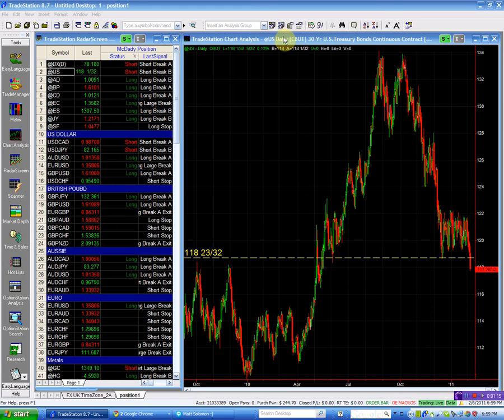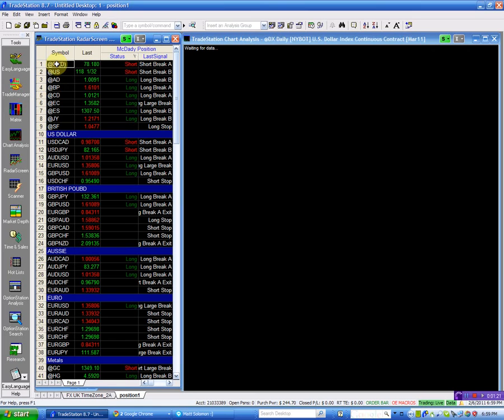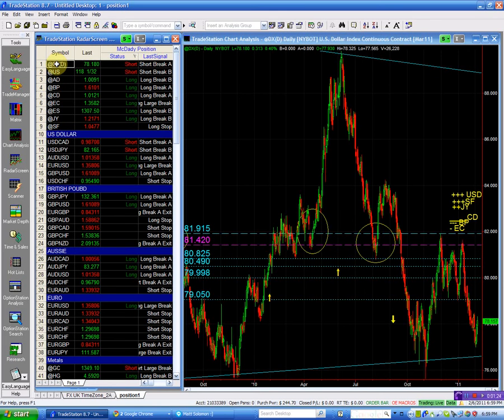And we start doing that by looking at the currency indices themselves, which is a basket of each currency versus all the other currencies. It gives us a clearer picture. It puts us on the right side of the market, and it allows us not to get distracted by the small moves, because a dollar index is the dollar versus all the currencies out there, and it gives us a much better picture with regards to the dollar, so we can make a decision. As you see on the right hand side of the screen,